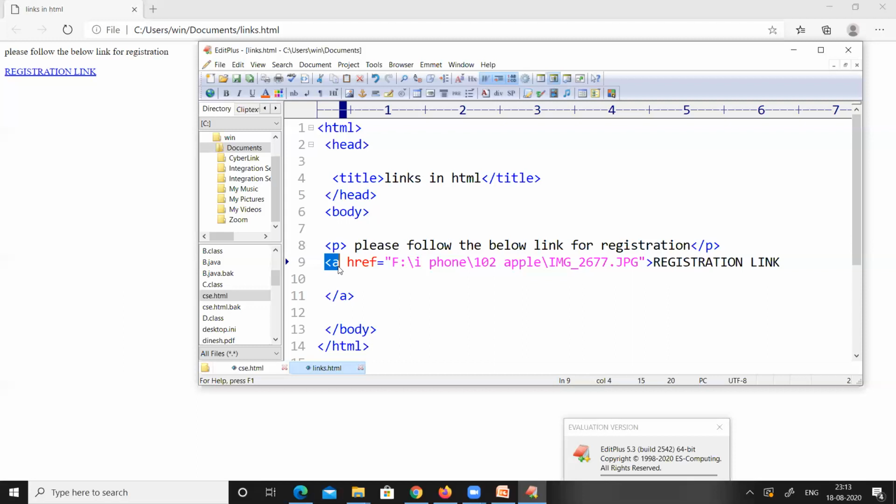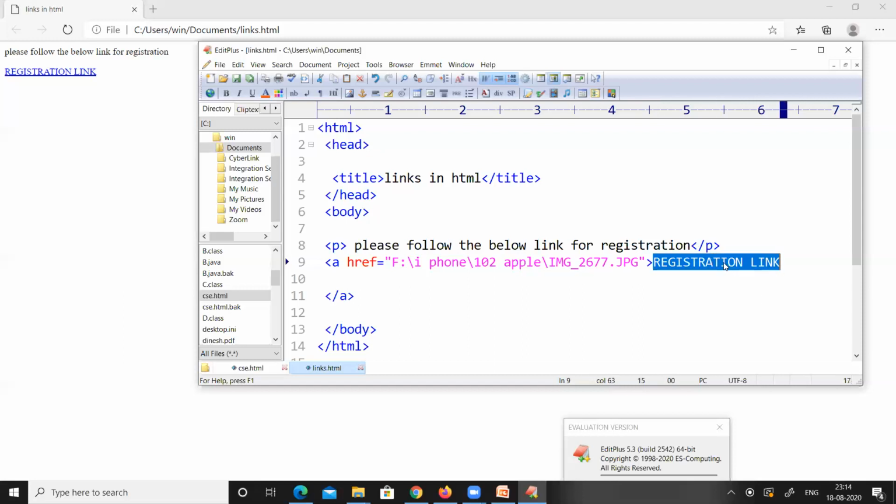In this anchor tag, we have given an image located in the F drive, in the iPhone folder, in 102 Apple, and the name of the image is img_2677.jpg. Next, we have provided the text "registration link," which is displayed on the web page and has an integrated link.